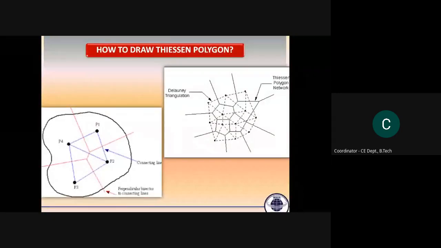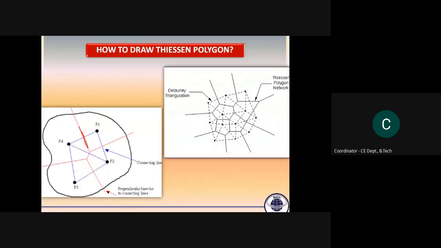See, this is the line that we have joined. Now for this particular line, which one is the perpendicular bisector? Bisector means we will divide this line into two halves. We will bisect it. And it is perpendicular. Why? Because the line which bisects this straight line into two equal halves will be perpendicular to that line. So see here, this red line is the perpendicular bisector of this blue line.